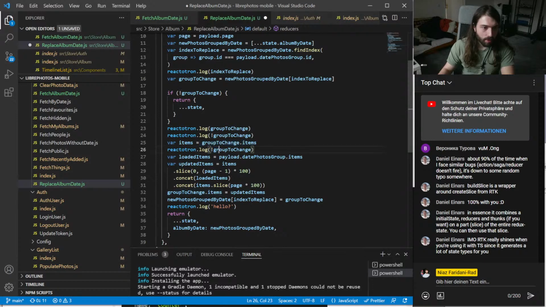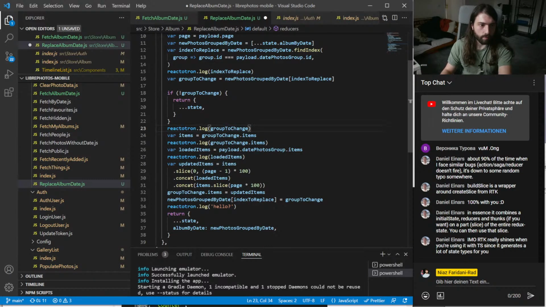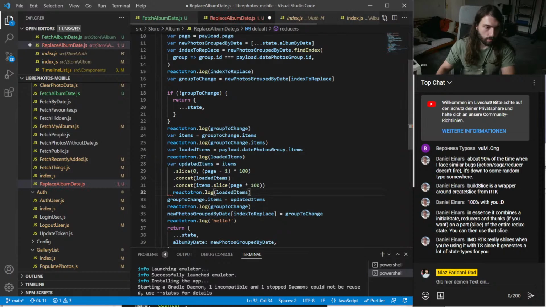Group to change items. I don't get why he doesn't crash and just quits.